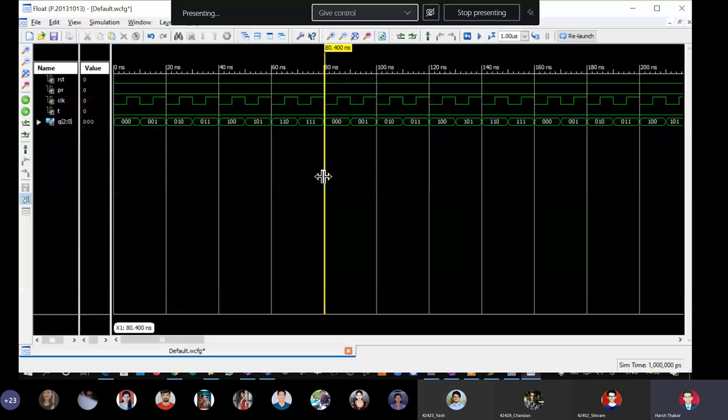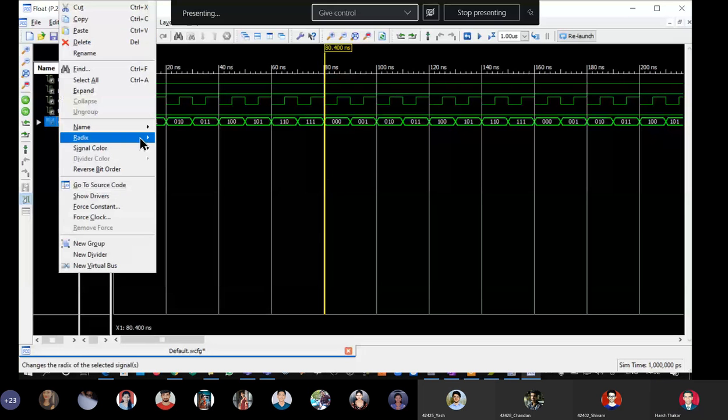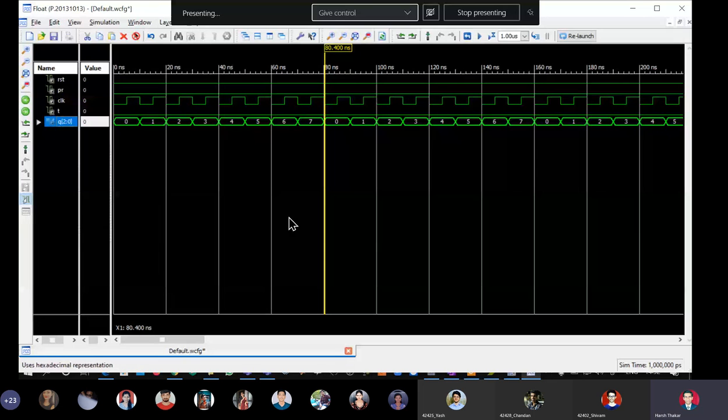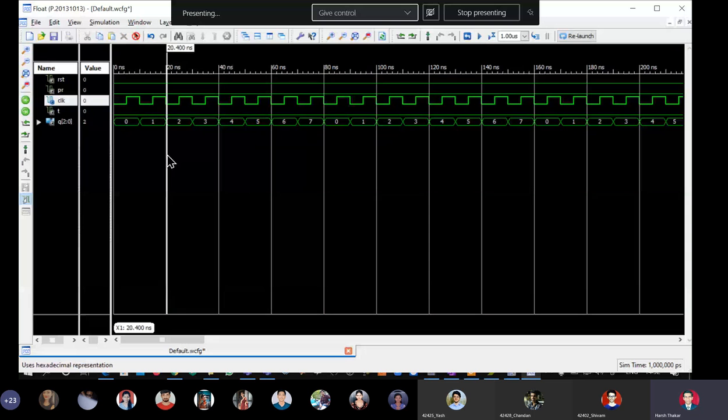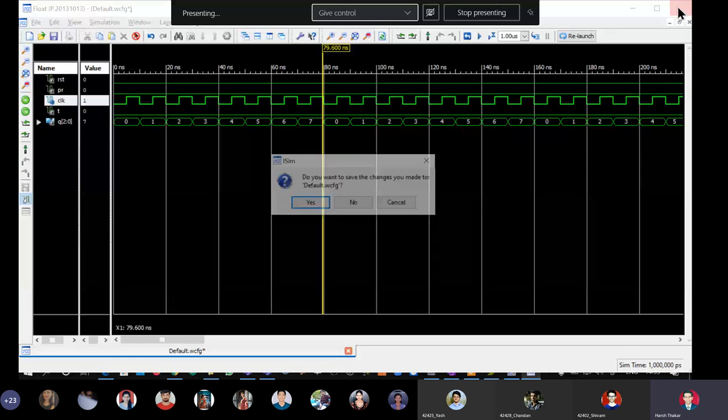Yes. But one thing which is strange is that the T input is 0. You see here, still the counter is incrementing itself. See here, 0, 1, 2, 3, 4, 5, 6, 7. Is it not? So it is acting as an up counter, and it is incrementing every falling edge. See? Falling edge, next falling edge. Falling edge, increment: 1 to 2, 2 to 3, 3 to 4, 4 to 5, 5 to 6. So it is going. Yes or no? So who can tell why it is not getting affected when T is equal to 0 here?